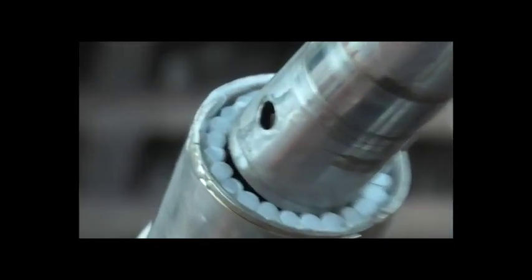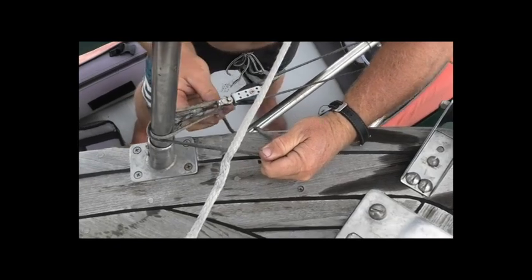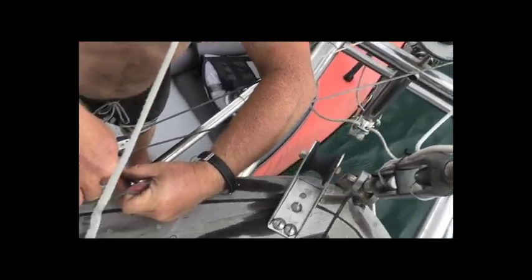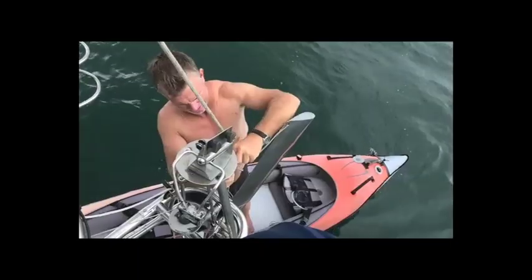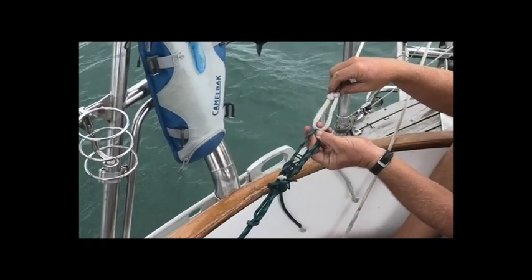The wind vane needed an overhaul. Fitting needle rollers proved to be a fiddly job. Our kayak was an okay work platform for a well-balanced worker. Here Steve is tensioning these ropes that get pulled by the paddle, which gets pulled by the wind, which steers